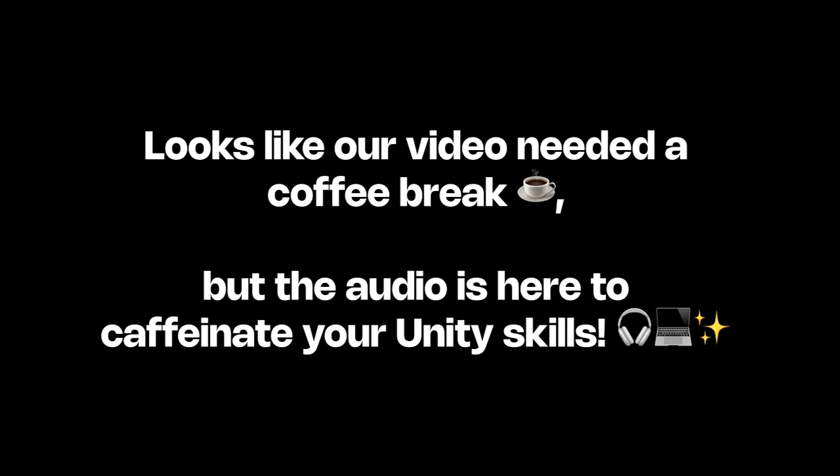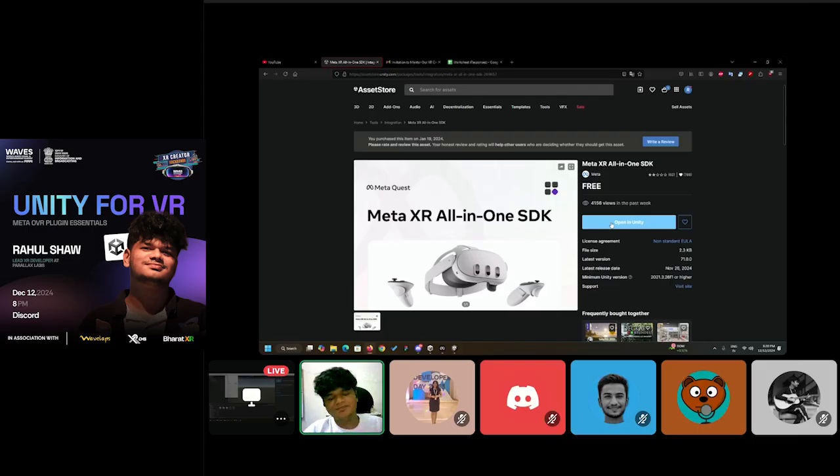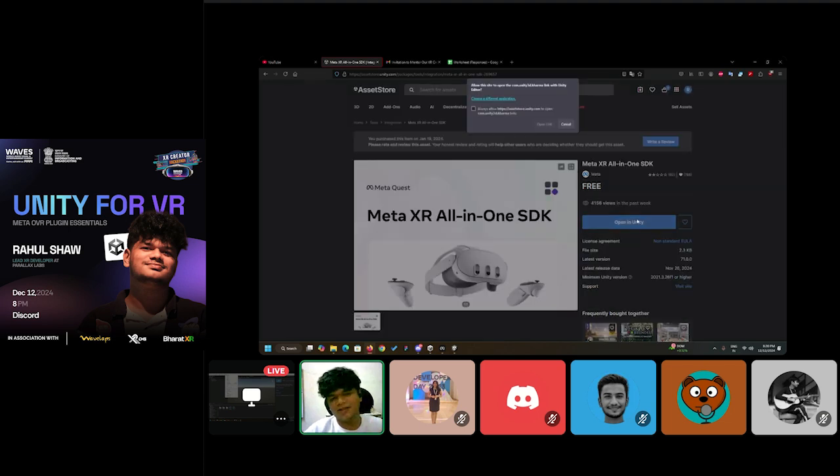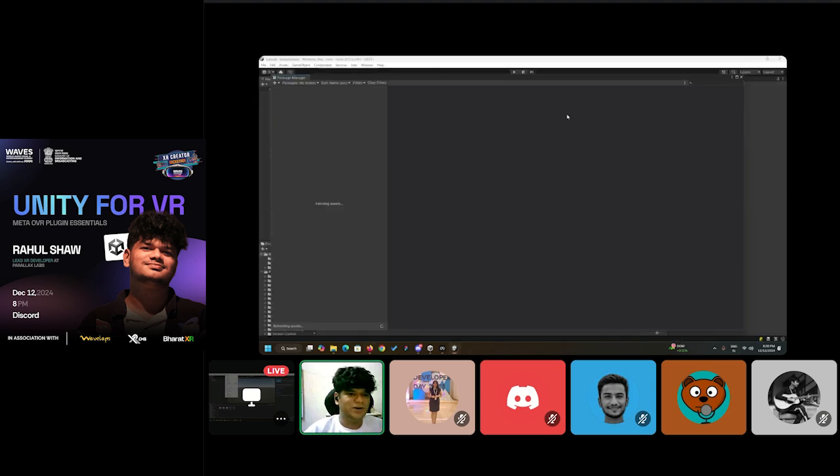So again, if you read the description, that is way better. देख सकते हो कि इसमें ये सब SDKs पड़े हुए हैं. But we'll get in depth as to what these SDKs are and what they do. Because SDK तो है, but if we don't know the purpose of those SDKs, then it doesn't really matter as to what we are doing right now. So before that, I'll just import those SDKs. So यहाँ पे Open Unity का button है. So if you click on that and allow it to download,